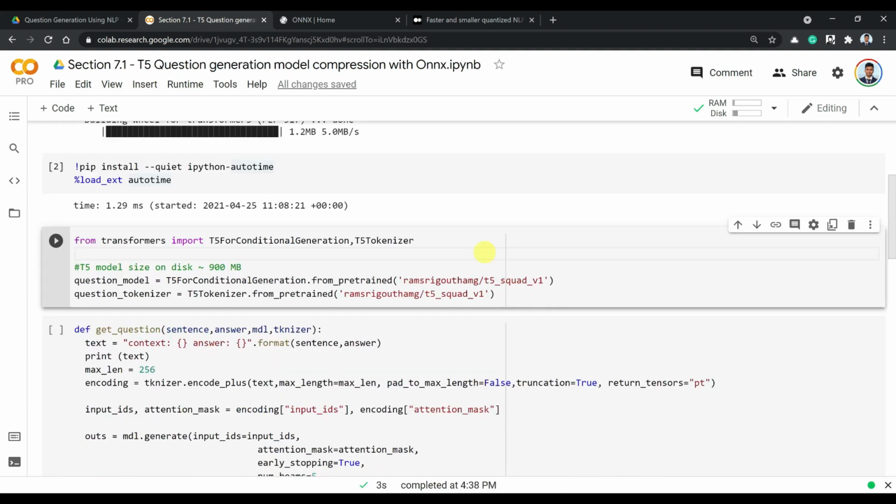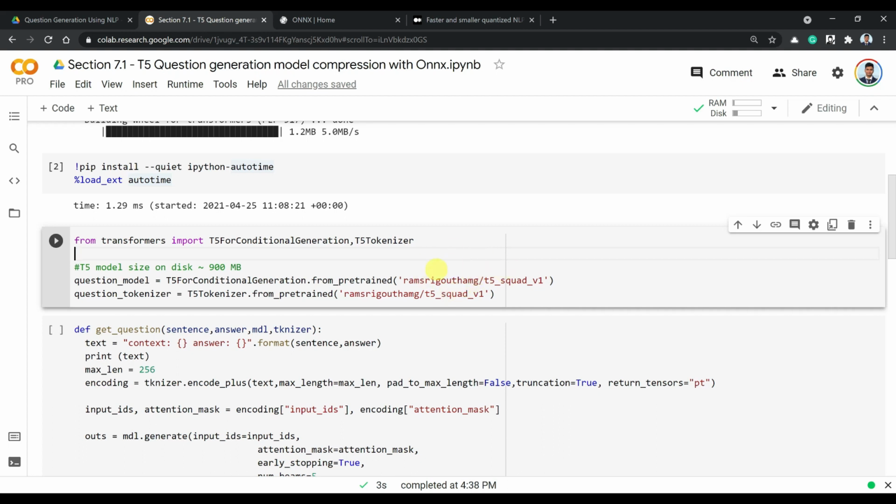In the previous sections we have seen that we trained a T5 question generation model on the SQuAD dataset, and now I've made it easier for you. I've already gone ahead and uploaded a trained T5 question generation model onto the Hugging Face transformers model library.